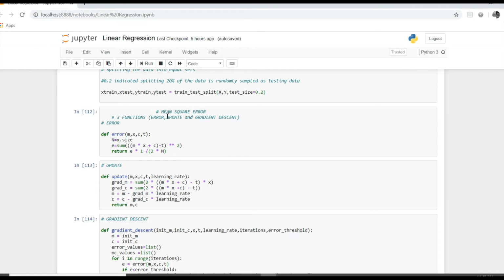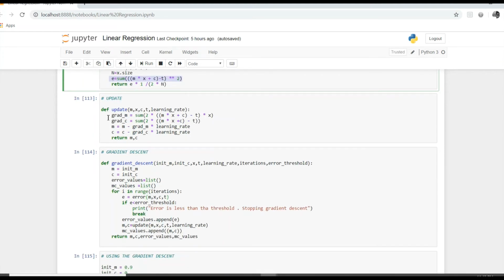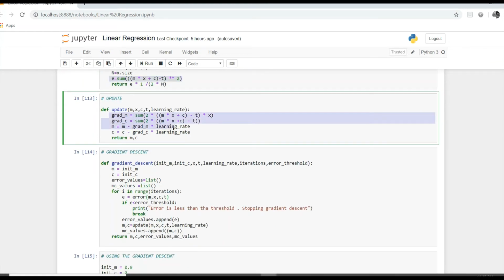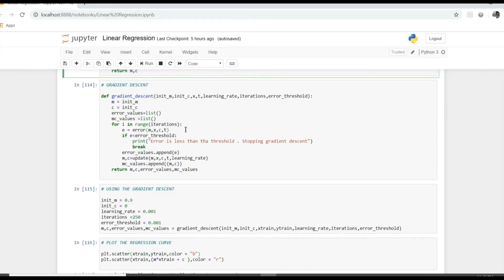And let's come to mean squared error, and there are 3 functions. They are error, update, and gradient descent. And this is the error function, and the equation. These 3, error function, update, and gradient, each have an equation, and this is the equation. And let's come to update, and the equation has been performed. And this is the gradient. Here the for loop iterations take place,